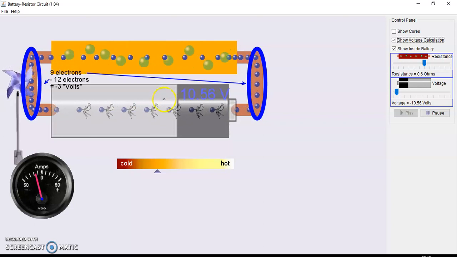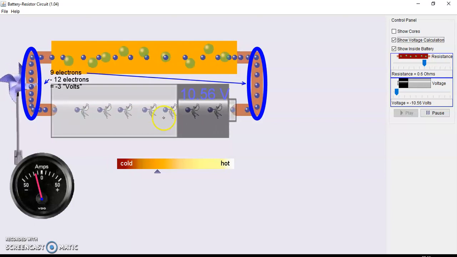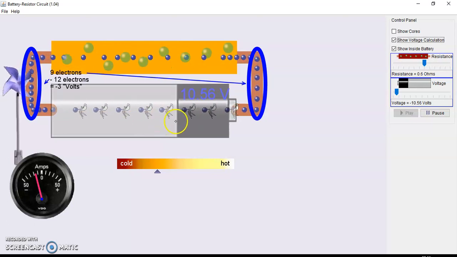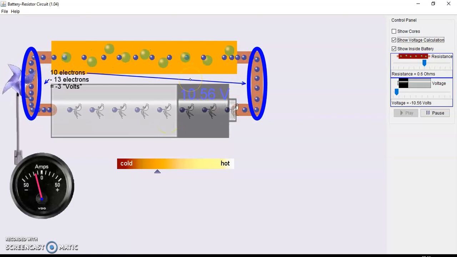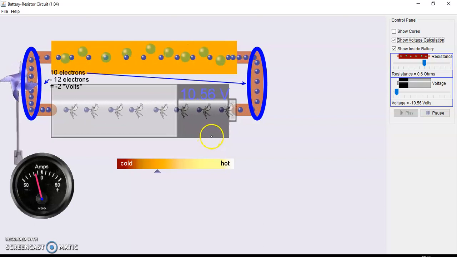What we know as per our understanding of chemistry, that inside a cell or a battery there is a chemical reaction taking place which is making one of its terminal at higher voltage, that means with lesser number of electrons, positive charge, and the other terminal of the cell or the battery will be having larger number of electrons, and it will be termed that it will be having lower voltage or the negative voltage, right? So that is the cause of this difference in number of electrons. So until this battery was into this circuit, this difference would not have come, and as a result electrons would not have moved in any particular fashion.